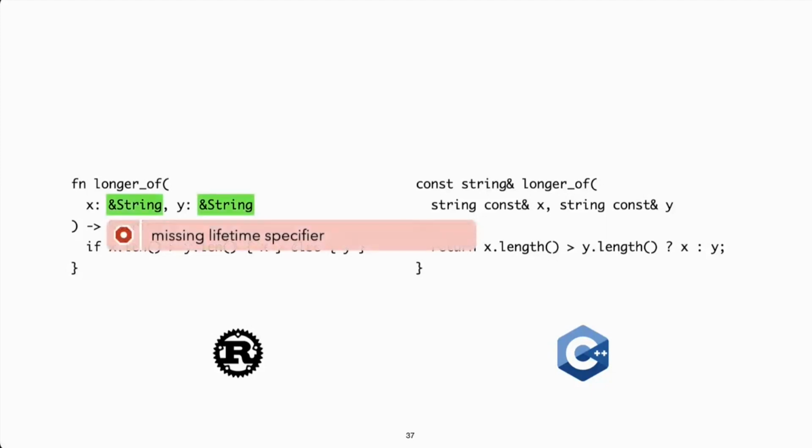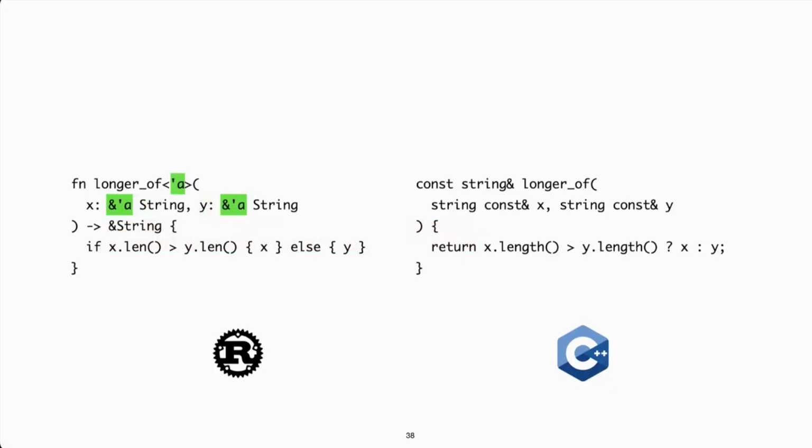Well, sadly, it doesn't. And the problem is that this function is returning either of the borrows, and so Rust wants to have this lifetime specifier. But what is a lifetime specifier exactly? Well, this is how that looks. An identifier prefixed by a tick denotes a named lifetime in Rust. This is kind of a generic parameter that we can put on functions, and it is used by the type checker, or more precisely the borrow checker, to reason about the lifetimes of all the parameters and return types involved.